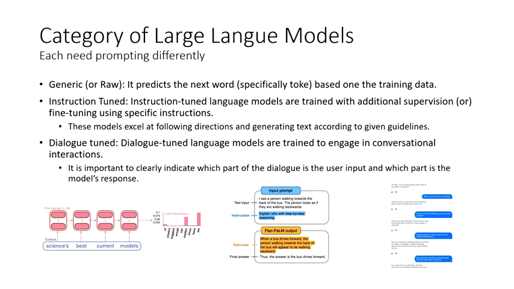So you can say, okay, given this text, can you generate a summary? Or you can ask a question: you give a text, and related to that text, you can ask a question, and then it will try to give you the answer, right? And the third one is conversational. In conversation, you not only ask one question, you ask multiple questions. You ask a question, it gives you an answer, and then based on that you ask another question, and then it gives you another answer. But it needs to remember what answer it gave you before, or what question you asked earlier, right? If it cannot remember those, it cannot answer correctly.